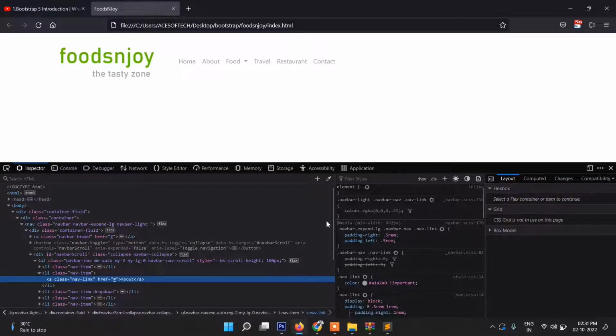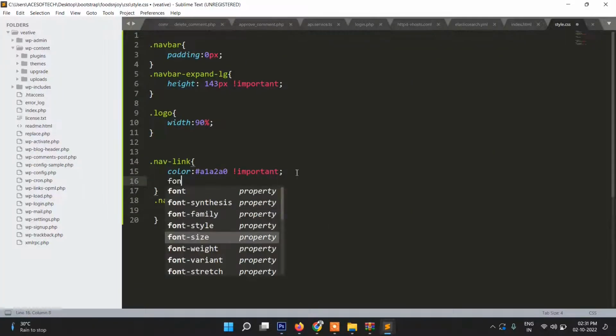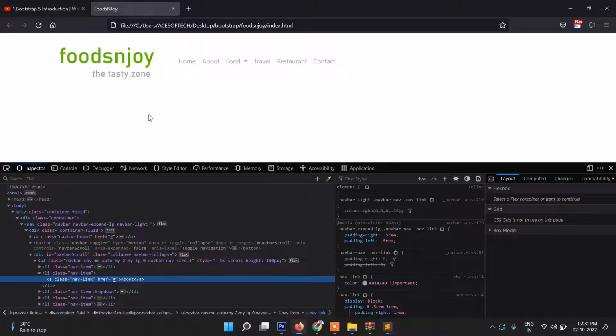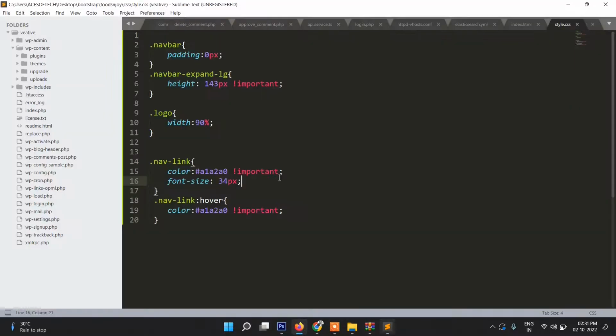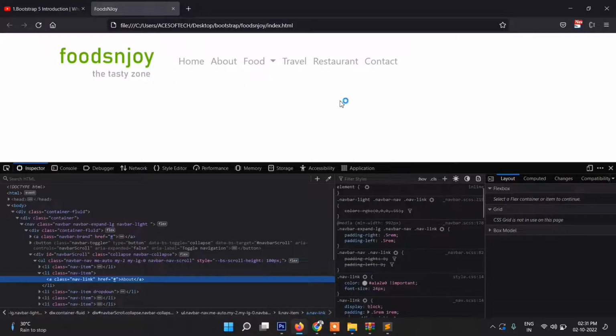Now let's check the font size. So font size is 34 pt, that means it's a bit bigger. So we can write here font size, I think 34 px will be larger, but let's check here. It's too big, so rather than this I think 24 is fine. Or maybe 20 will be better. No, it's fine because we don't have that much menu, that's why. Okay,